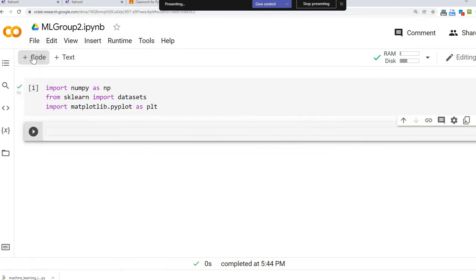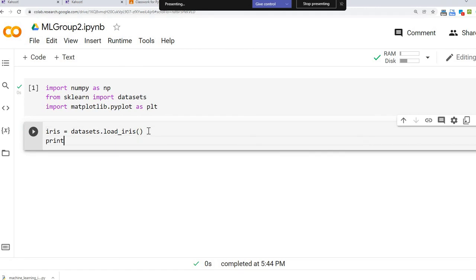Right? Secondly, I'm going to load the data set. Now the data set coming from here, the scikit-learn, they have their own data set. Last time I showed you, right? So let me open the iris data set, and if you print iris, you can see our data set,